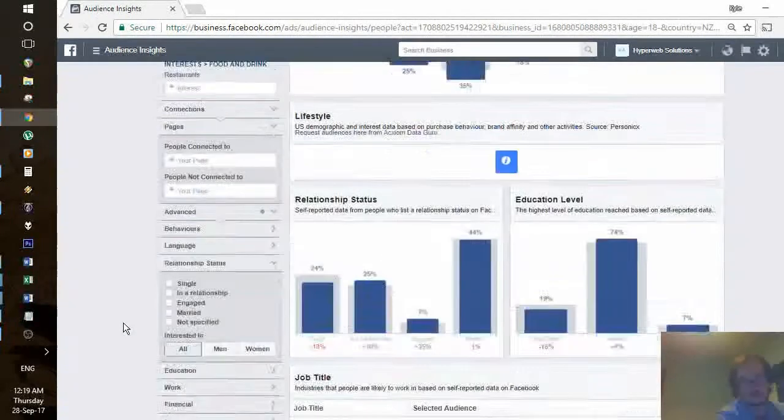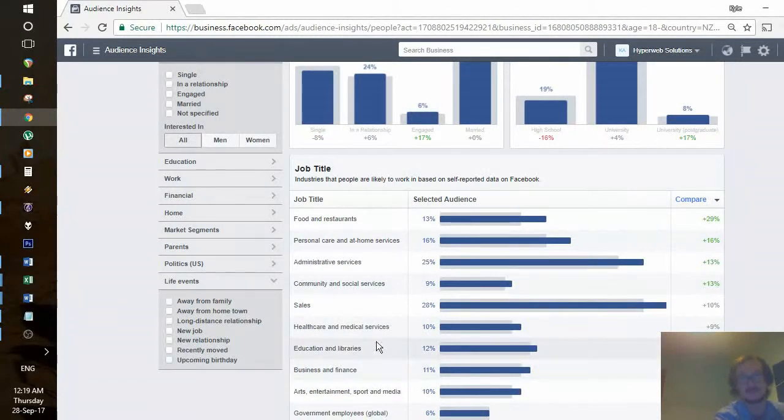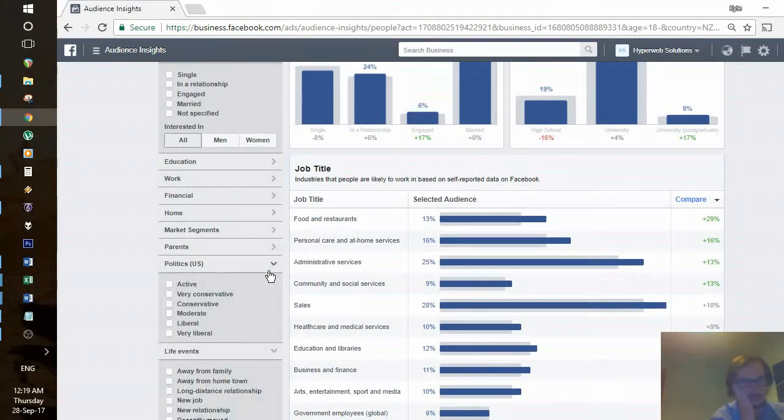And birthdays isn't all you can do. You can do basically anything you want. There are some limitations, as you can see. Politics, that's US information. Previously, you couldn't target